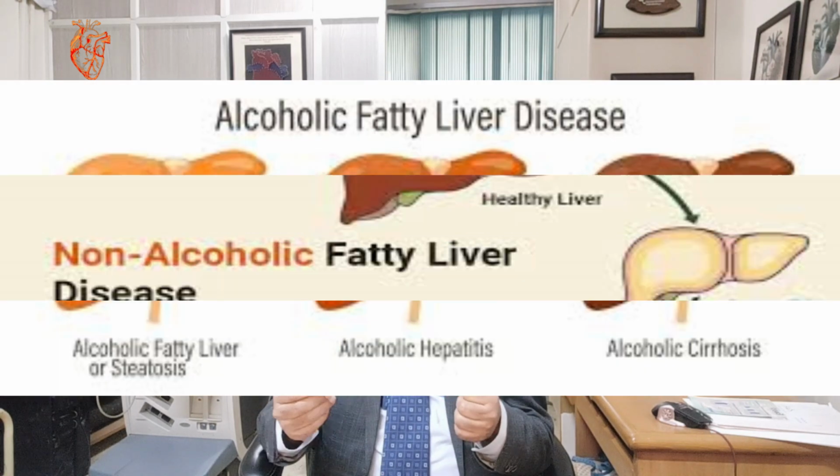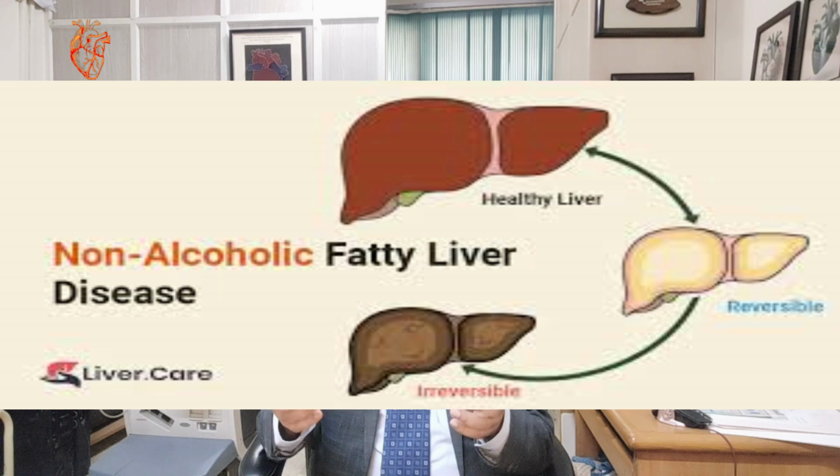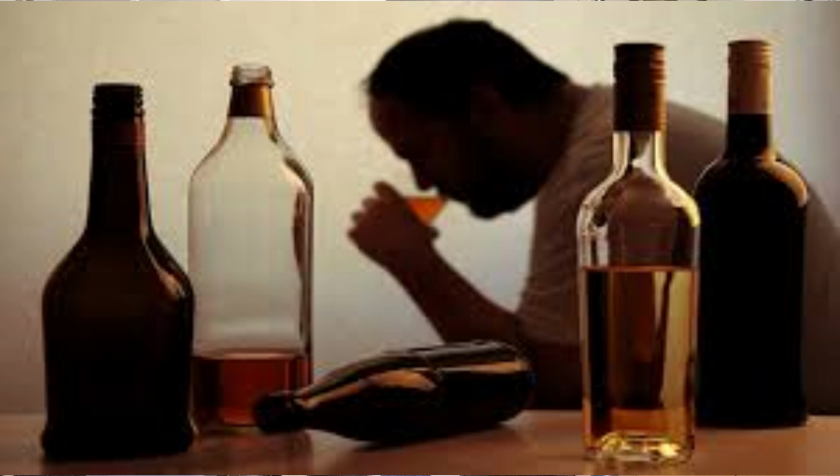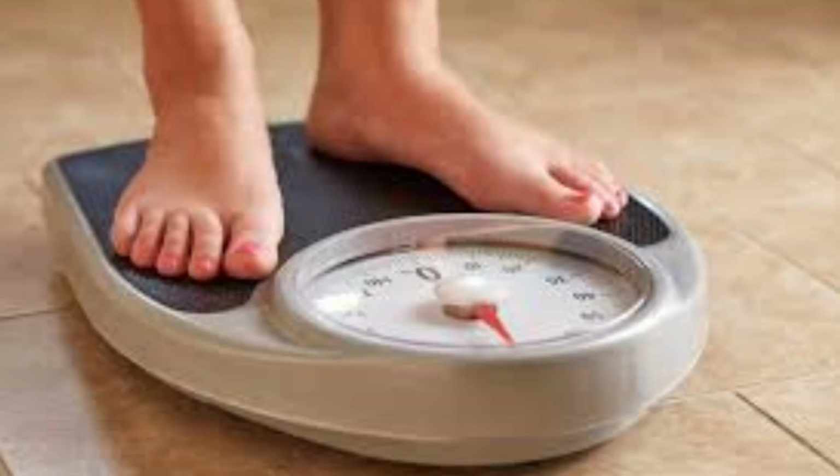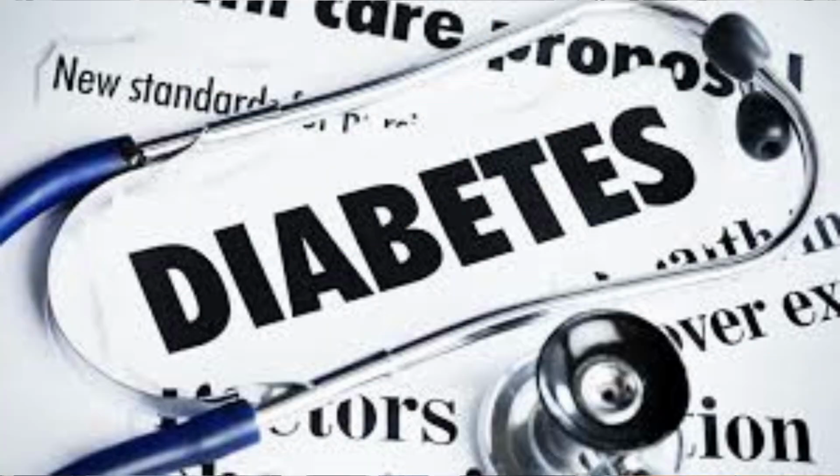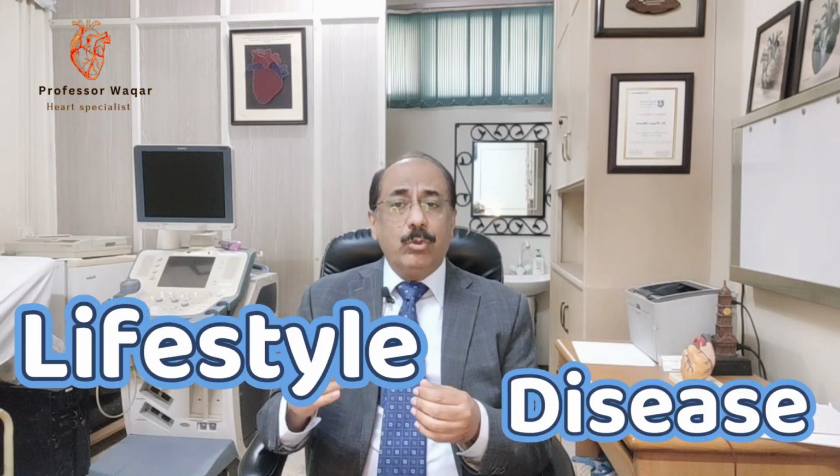There are two types. One is alcoholic fatty liver disease, and one is non-alcoholic fatty liver disease. As the name implies, alcoholic fatty liver disease is due to excessive alcohol consumption, and non-alcoholic fatty liver disease, NAFLD, is due to hepatitis B or C, or it may be from high cholesterol levels. But it can also happen in patients who are overweight or obese or diabetic, and in addition, those with high blood pressure as well.